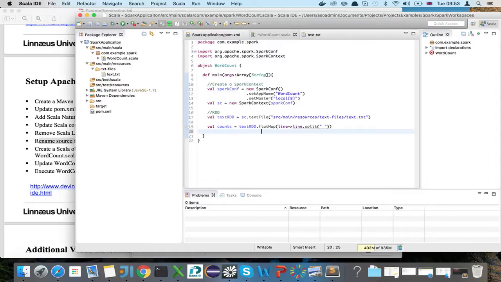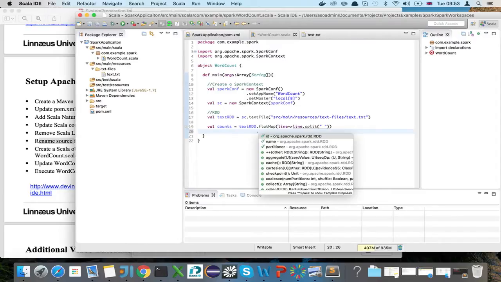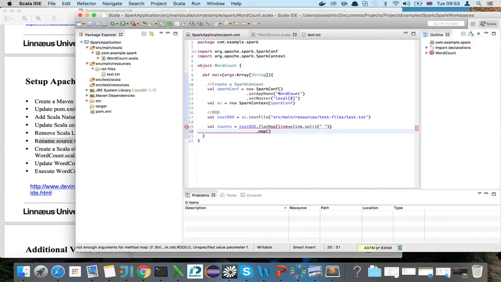Next, we assign each word a value 1 by using the map function. This is the most used function in Scala. This is also an anonymous function. So for each word we assign value 1,